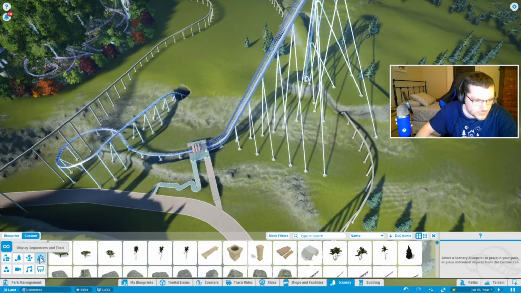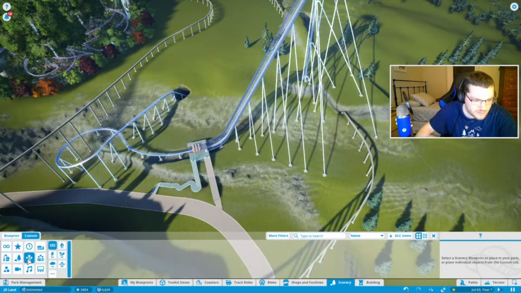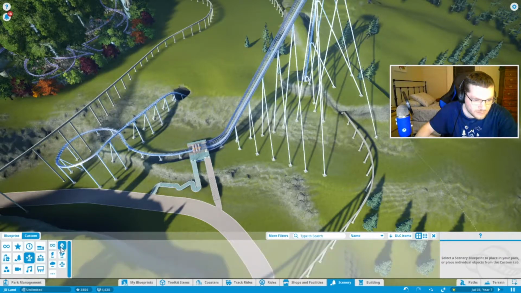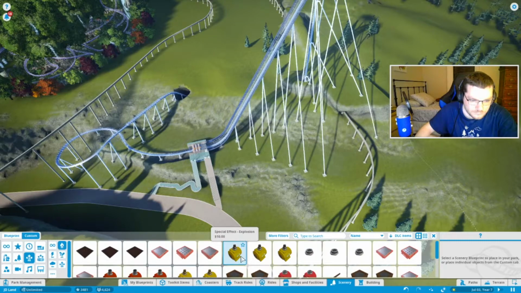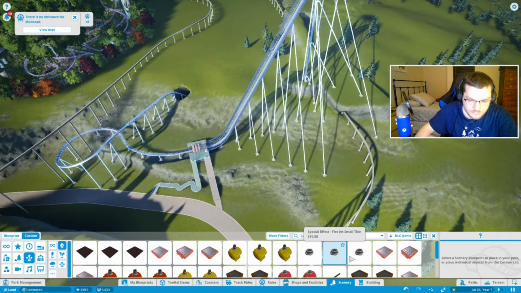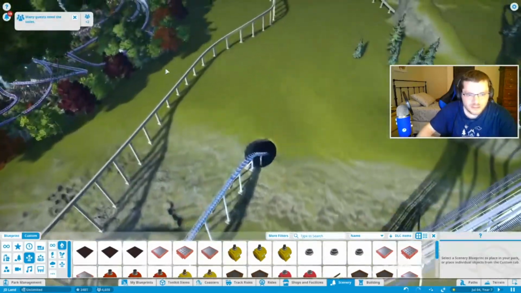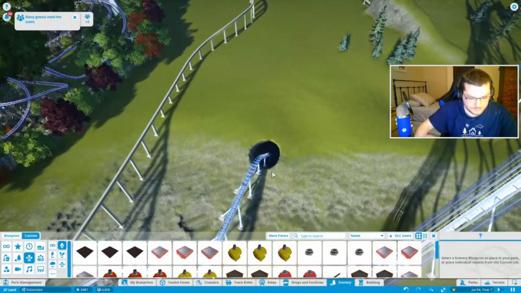Favorites, recent, path extras, display sequencers, special effects. See if any pyrotechnics. I just want a simple jet. Make it a little easier on me. But even then...